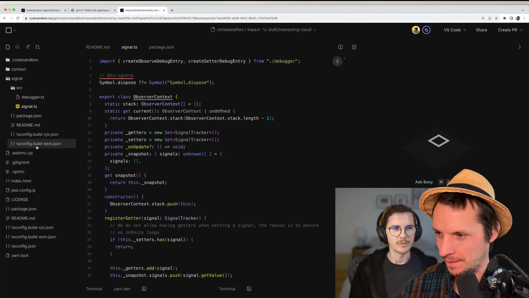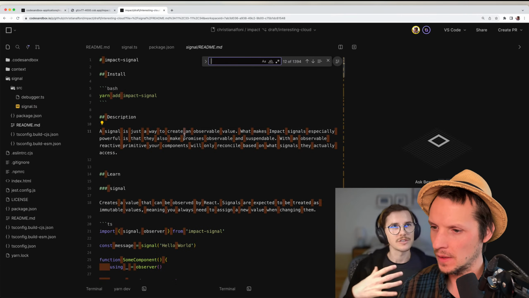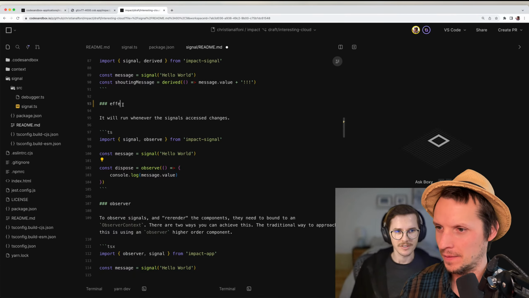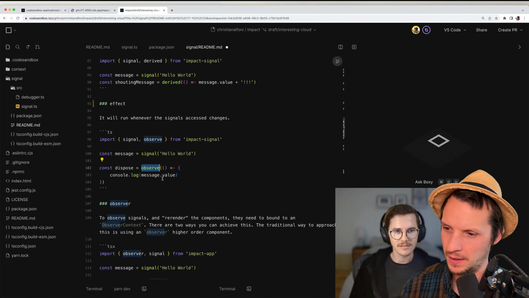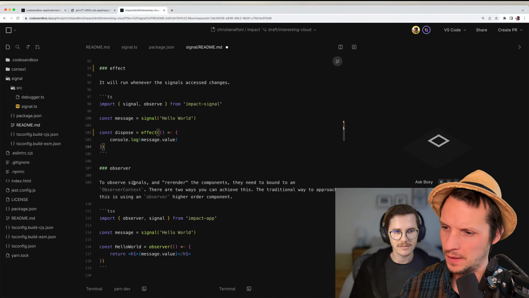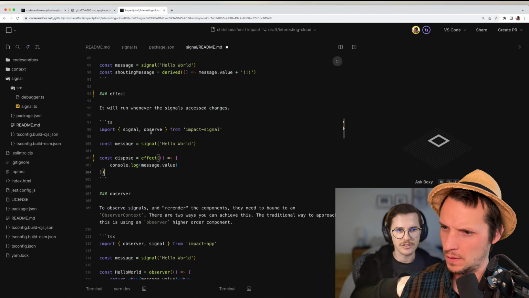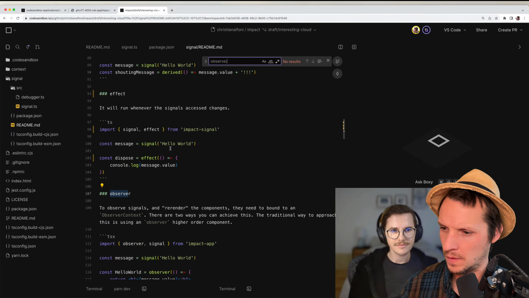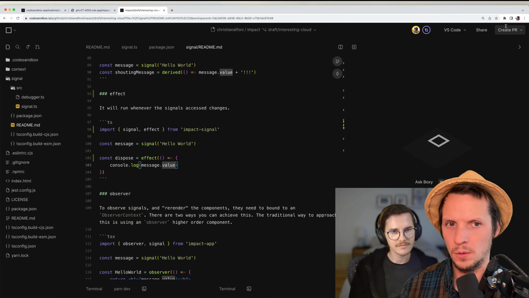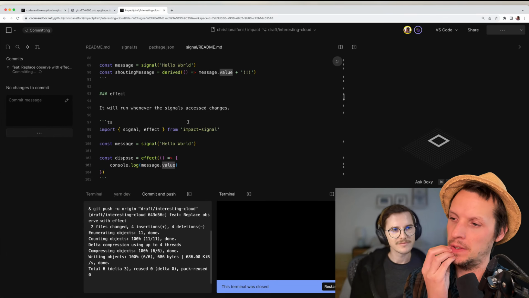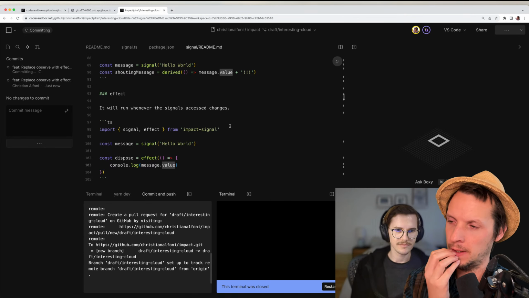I want to use a useEffect, but I can't. So okay, effect. I think it makes more sense. Yeah, I agree. I guess that's it. You need to change the import. Yeah, right there. Cool. That's really good feedback.